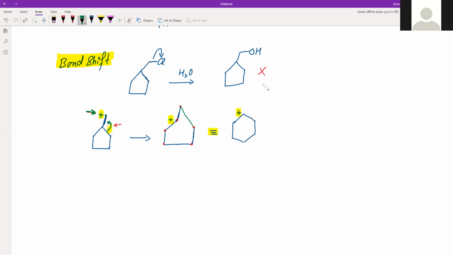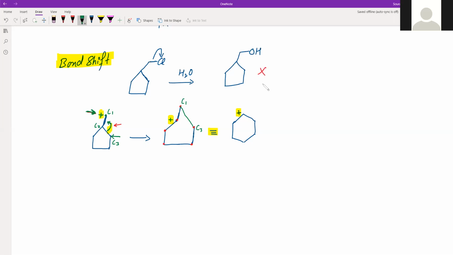So the electron will be lost. Suppose this particular carbon will take 2 electrons, and what will it do with those 2 electrons? It will form a bond with this carbon. Say this is C1 and this is C3. So C1 and C3 will now form a bond. They are forming a bond. C2, which was here, is as it is. So they have formed a bond.